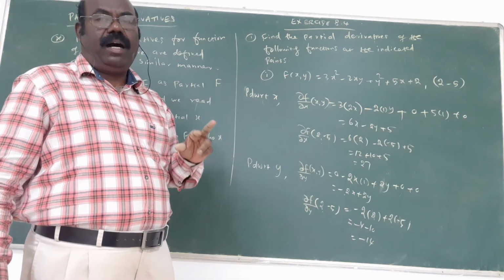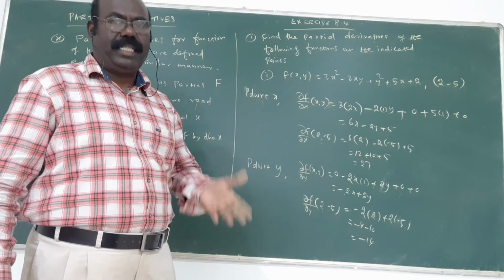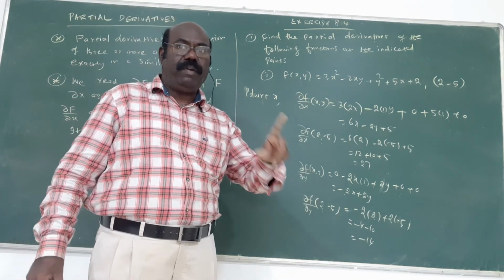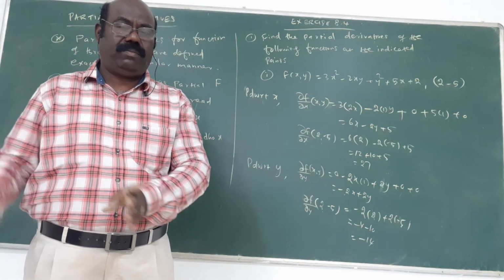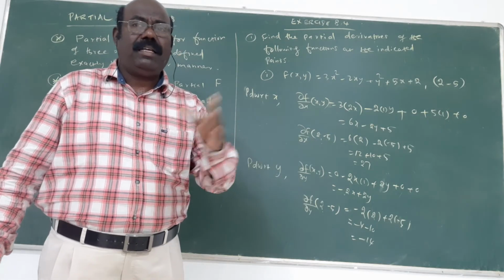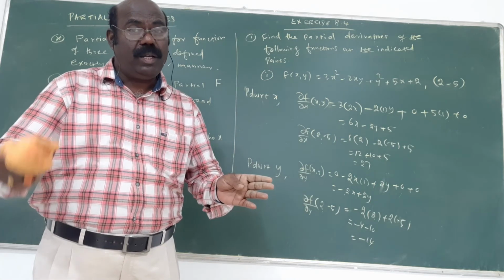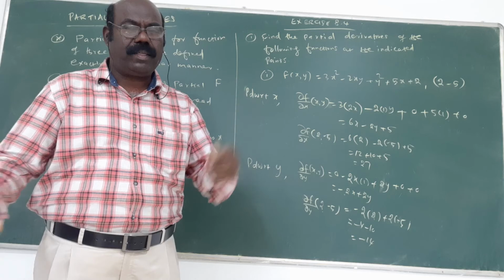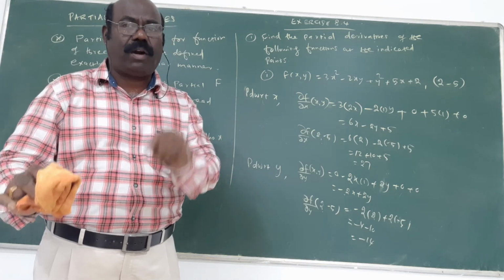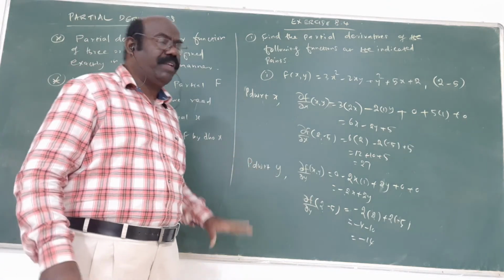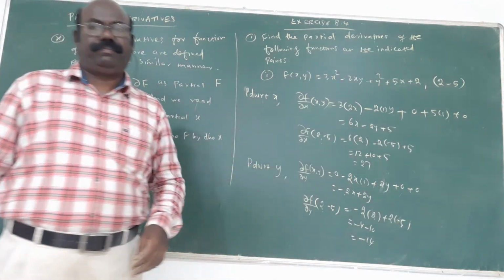Hereafter, the main 3 exercises will say partial differentiation with 2 variables involved, or 3 variables involved, with respect to x, with respect to y, with respect to z. With respect to x means x alone is the variable and the others remain constant. A constant can be taken separately as 0. When it is a product, x is the variable and y is constant. For x plus y, y can be taken separately as 0, and x is 1. For a product of x and y, y is fixed, constant. The difference of x is 1 into y by y. That is the answer. In this way you differentiate. This is an important 3 mark question. A lengthy problem is a 5 mark question. Important concept.